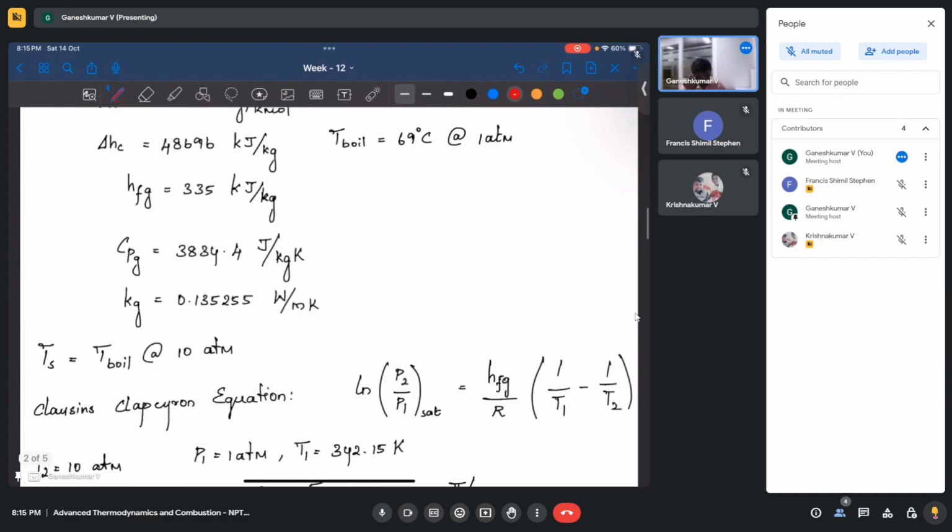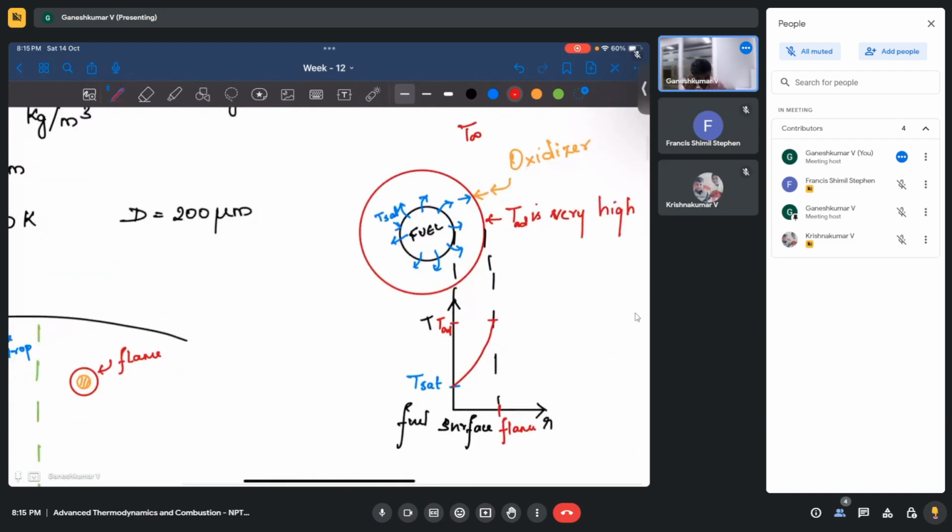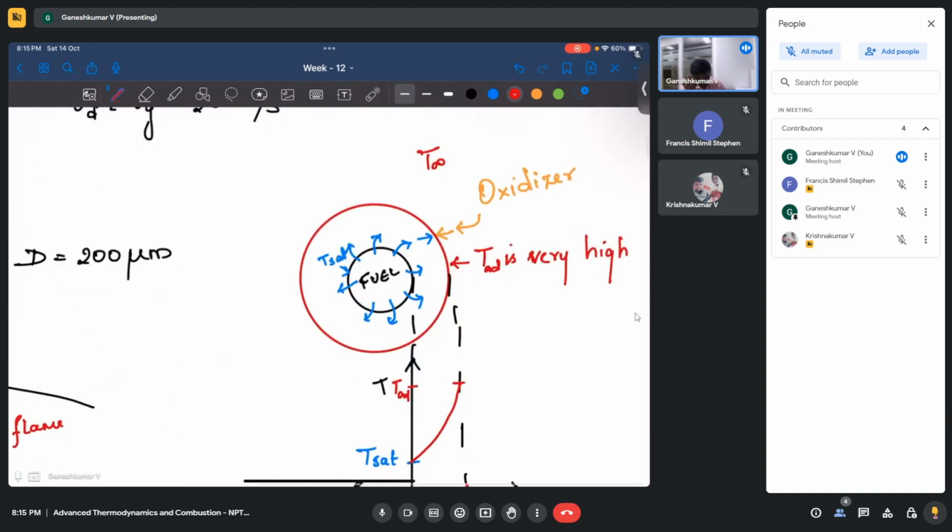So as I said, here when the fuel comes and oxidizer comes, when it reacts over here, a lot of products are getting generated, and these products not only go outside, they also go inside, right? Because of that, this region is not just fuel, it's fuel plus product. And just taking the thermal conductivity of the fuel,